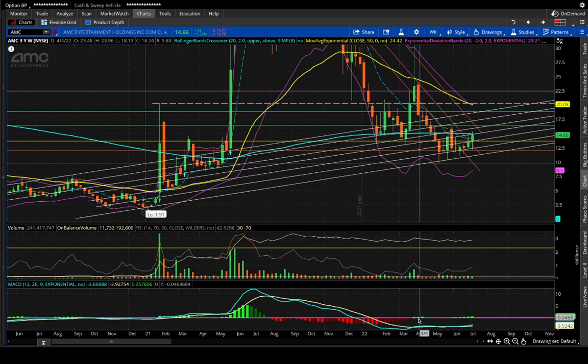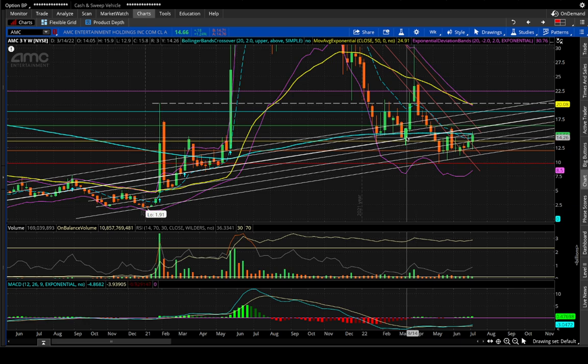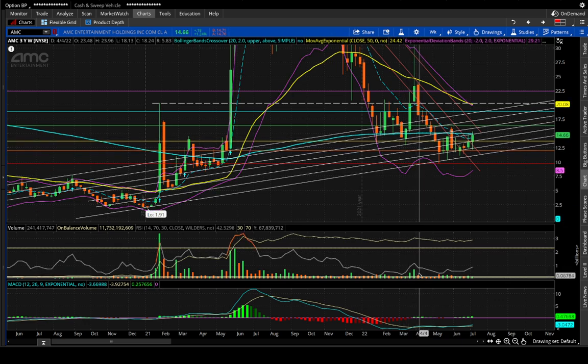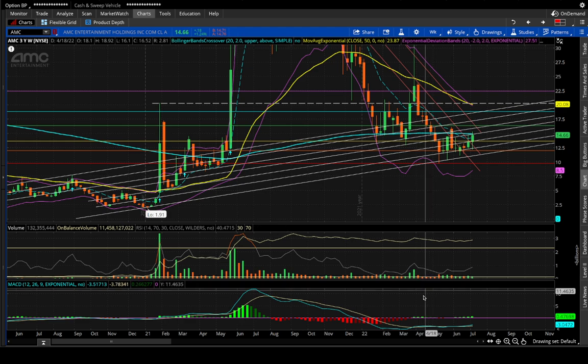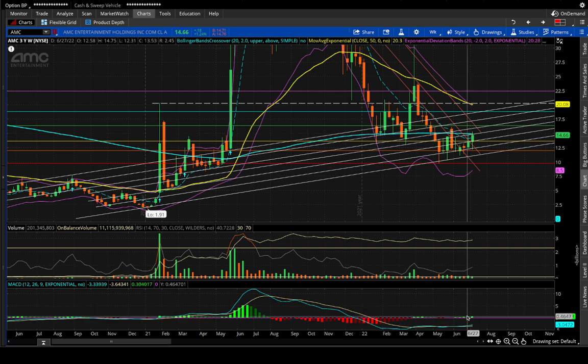But if you look down here in the MACD, your blue line here, your MACD line, exponential line, we actually have more of a significant crossover right now than we did on that 34 run. Which I get, this kind of came as a surprise and had that big influx of volume, followed by the deep carve out of no volume. But the setup right now in the MACD on the weekly is better than what we had in the 34 run. So I just want to preface that, it's set up extremely well.